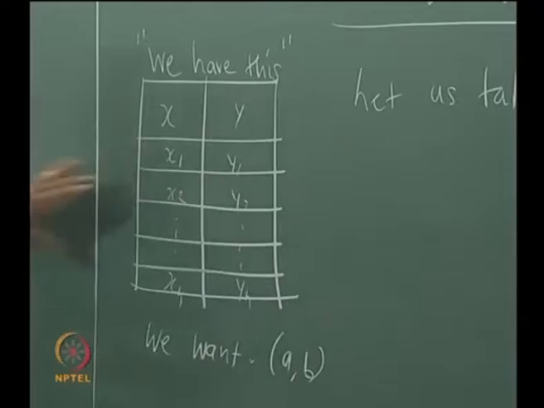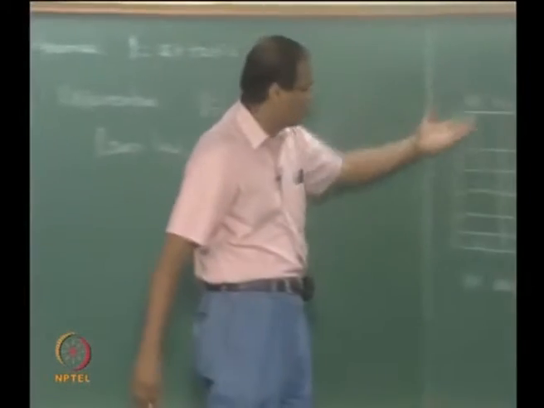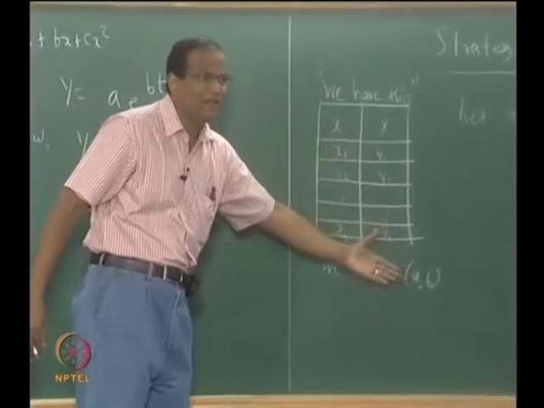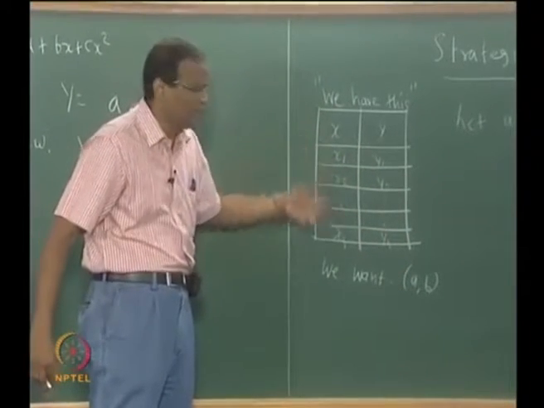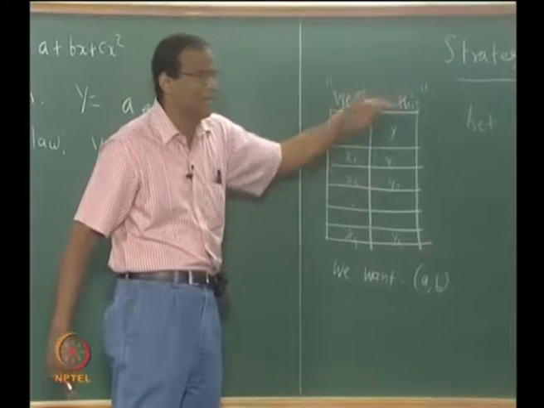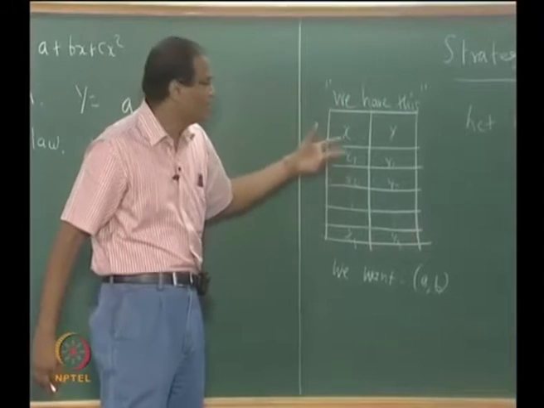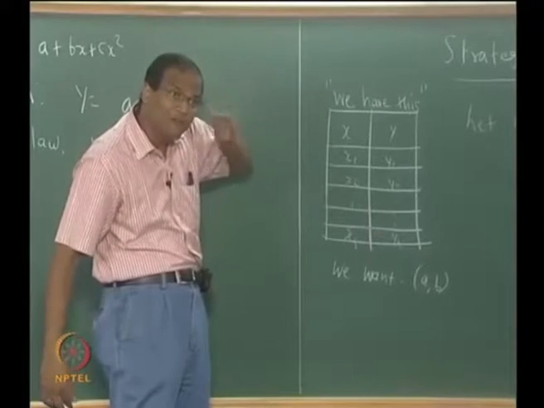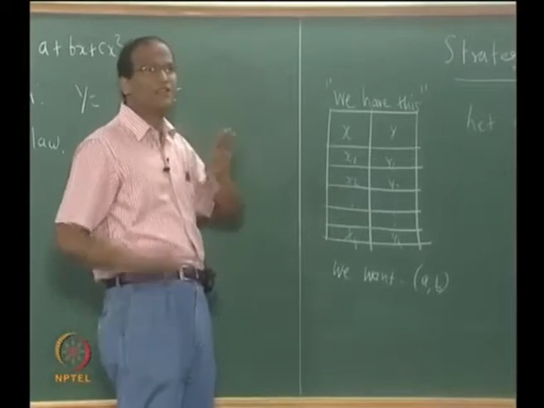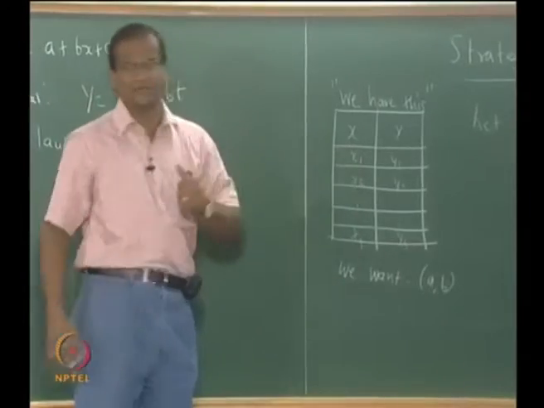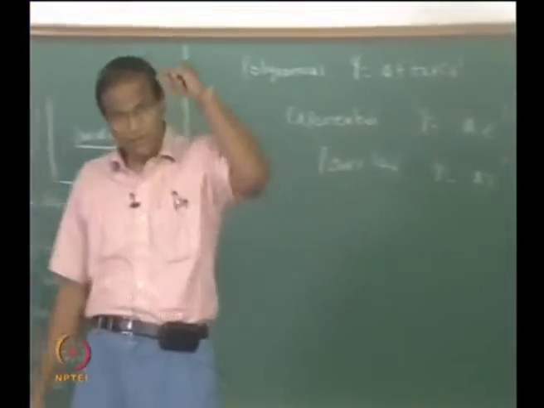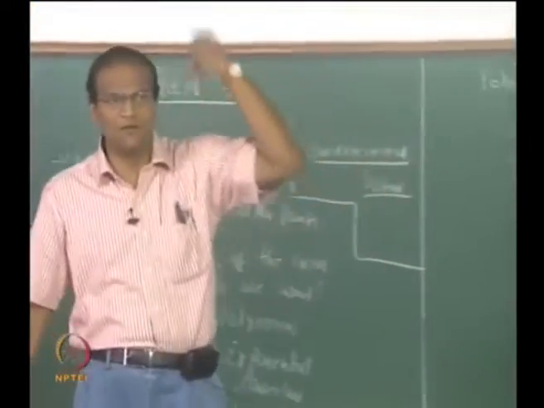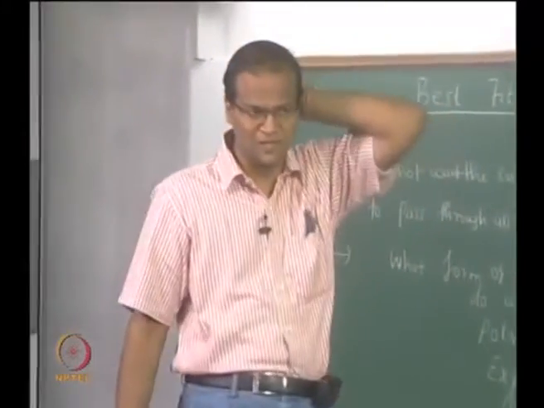It is an overdetermined system. For the benefit of people who came late, it is an overdetermined system because we have n number of points where n far exceeds the number of unknowns, A and B. If you have just 2 points, you can simultaneously solve for A and B and say that y is equal to Ax plus B, but that is not going to solve the problem because it will locally fit a line between 2 points. But we want to find the best line which is a good representation for the complete data set, because eventually with this line we are going to do system simulation, optimization and so on.